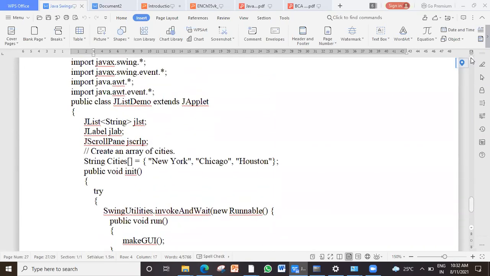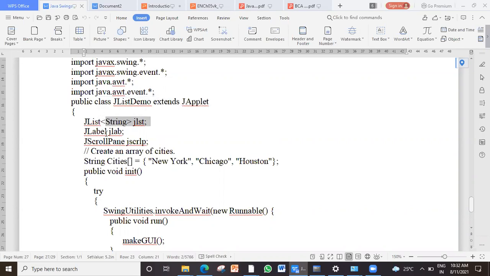Okay, pay attention here. I'm creating an applet. Here I have not used any event handler. I'm just showing you the design. If you want an event handler, you will have to use either item listener or even action listener is fine. But it is not implemented here. It is just a design. So I create a list like this. Why? Because JList is always associated with multiple values.